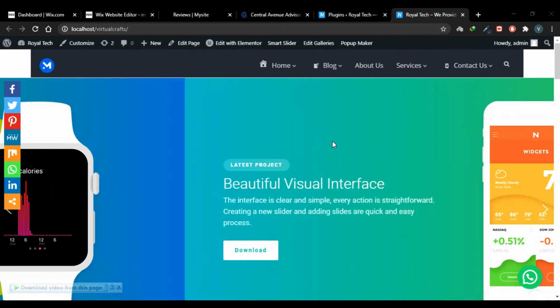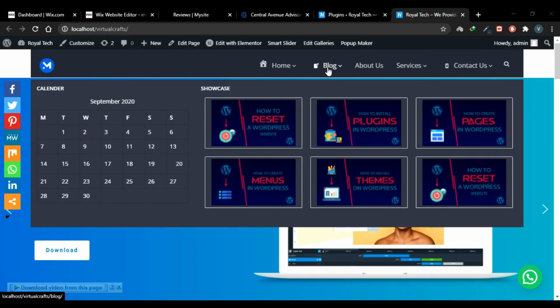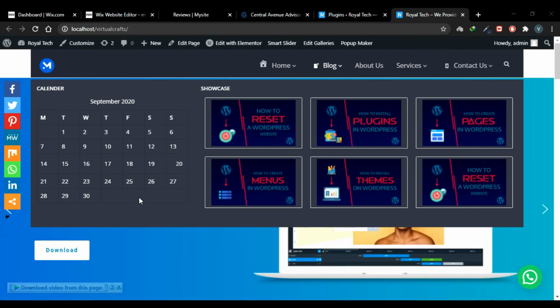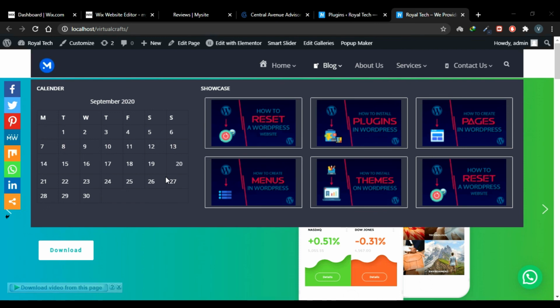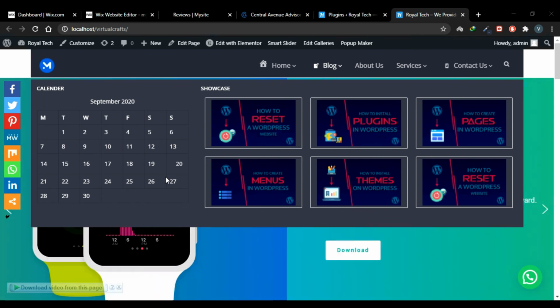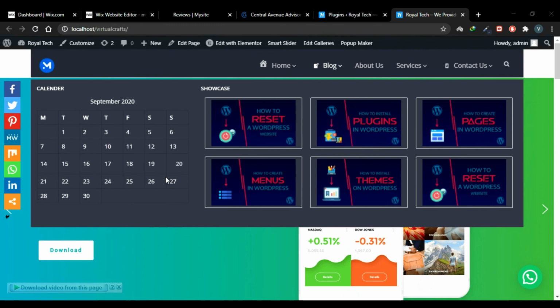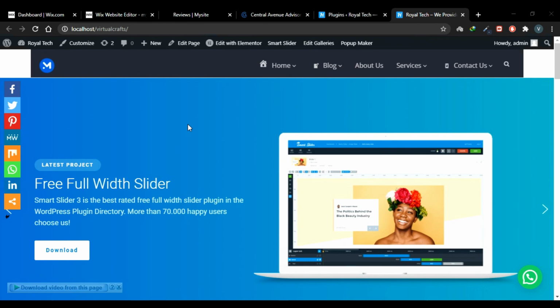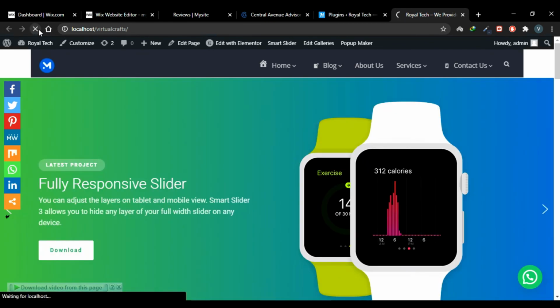Another important point here is that you can stuff these drop downs with many widgets. For example, you can add multiple widgets in these columns stacked over one another. I'll stop the recording now and change my contact us drop down such that it has multiple widgets in a single column, and I'll resume the video after creating it. Okay, now refresh your website.